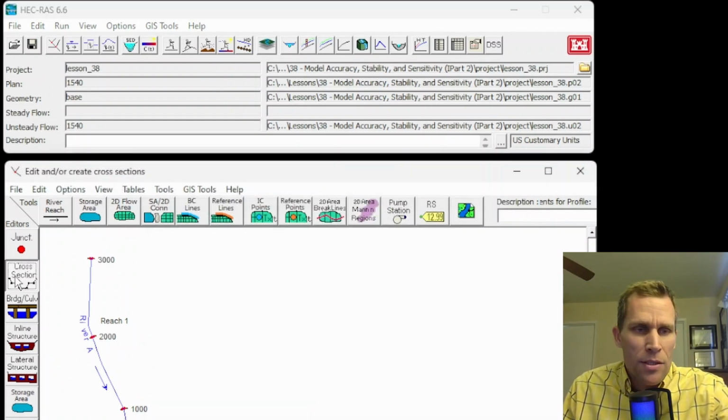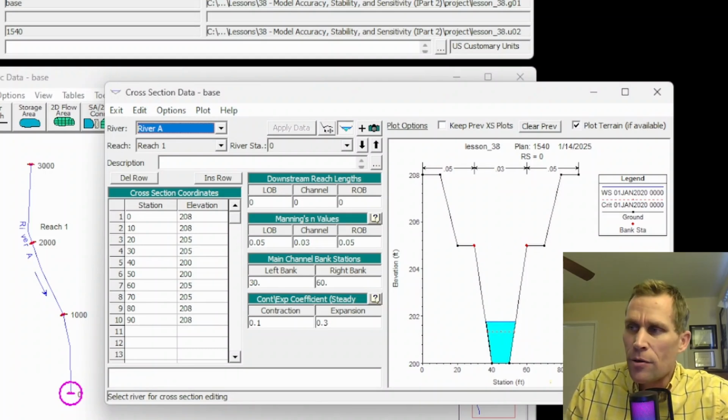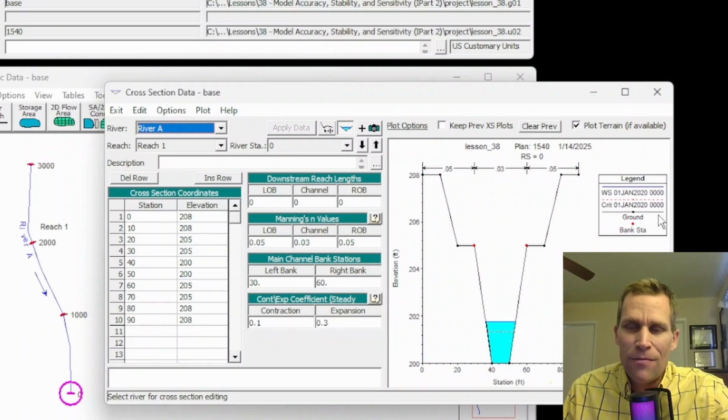So let me open up the cross-section here real quick. What I'm referring to would be like this overbank station, or most notably, it would be if there's a large storage area that's off stream, and then some ineffective flow area was preventing water from flowing into that large area. This is common during levee overtoppings where a large ineffective flow area becomes effective as the water surface elevation rises above the set ineffective flow elevation. Now, this cross section wouldn't have that problem,